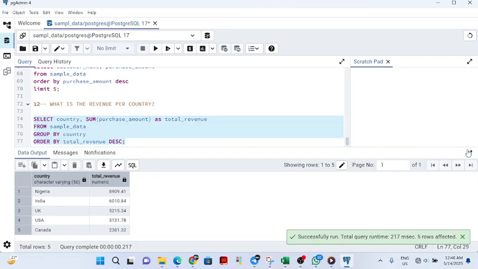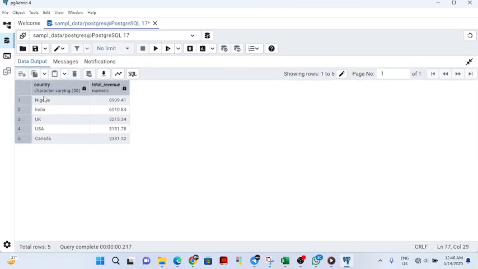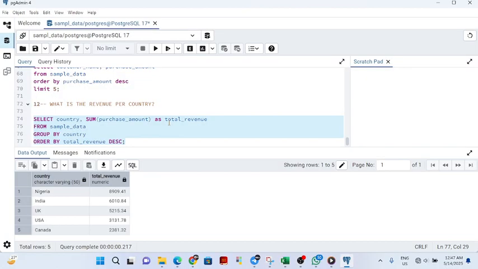So we have gotten our answer. So this is the country and the total revenue. So compare share one of them together. So we have only 5 of them. So these are the revenue per country. So now let's stop here for today. We continue for